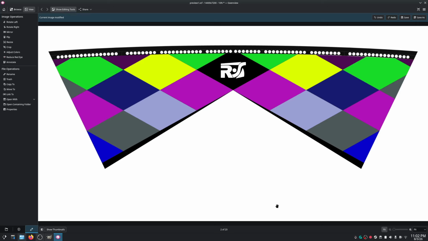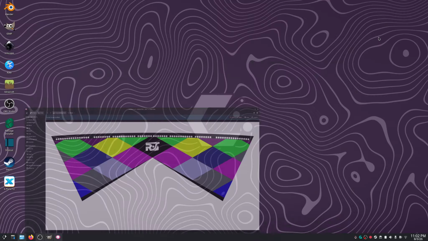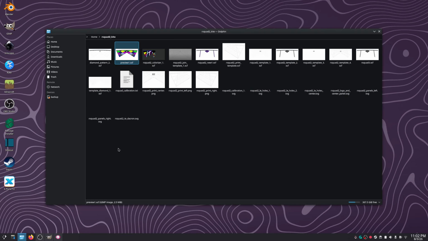Right, this is part two of designing the kite. And what I'm going to be doing in this part is the guide template. A guide template is what I use to lay the pieces on so that I can precisely